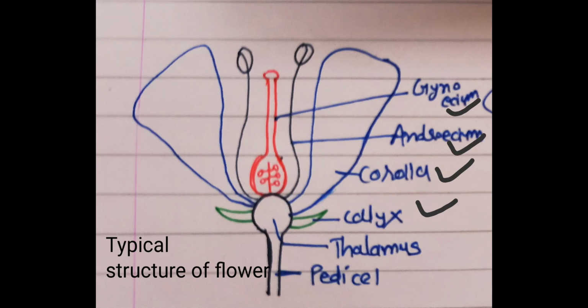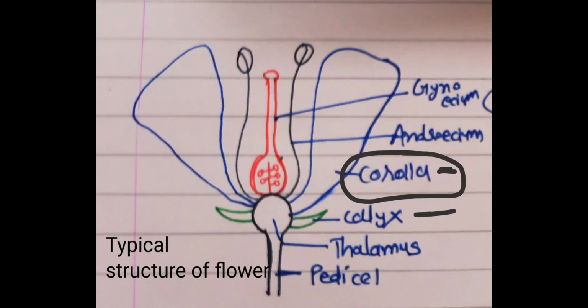Correct, Galo. Androecium and gynoecium. These 2 whorls we call the essential whorls. Calyx and corolla we call the accessory whorls. Right? Next, generally the calyx is greenish in color and the corolla is bright in color, bright yellow, bright red, different shades are there. So the corolla is basically the beautifully colored part. Remember this.